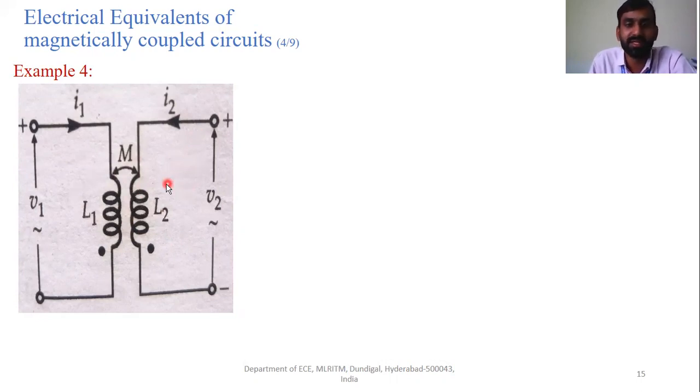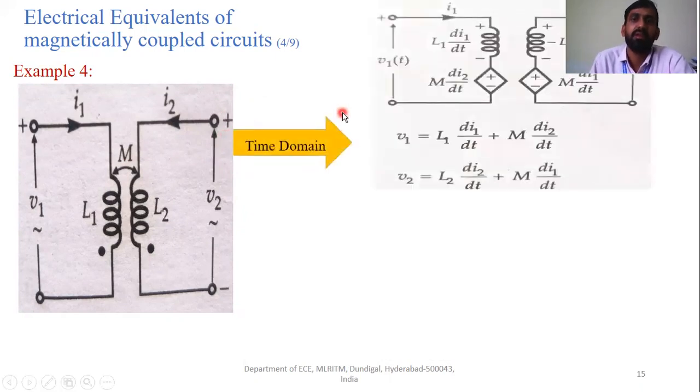So if the mutual inductance is positive over here, then how can we model the equations with respect to time domain and the frequency domain? The M term is going to be positive. The equations are going to be the same as the first one. It is just a different combination, but the equations are going to be the same. You can check this. With respect to the first example, the equations are the same. They have given it here in a different combination, but the equation, the circuit, everything is going to be the same over here. The equivalent circuit is also going to be the same.